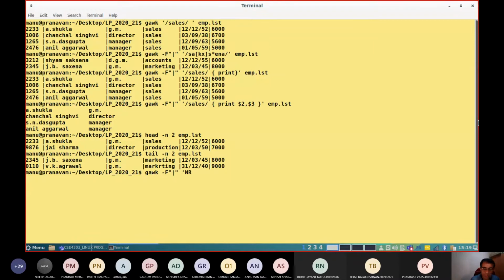For example, if you want line number 3 to line number, say, 7, you want to print line number 3, 4, 5, 6, 7.